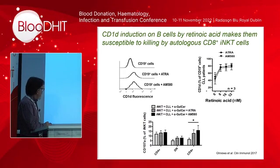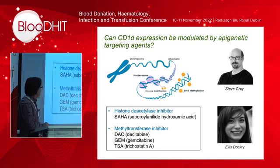And Yasmin then co-cultured these cells with NKT cells expanded from blood packs, and found that they killed, but only the CD8s were capable of killing when they were added to B cells. Sorry, I should say, when we added all-trans retinoic acid, or its analog AM580. So we found that retinoic acid could prime B cells for killing by invariant NKT cells. And we also tried other